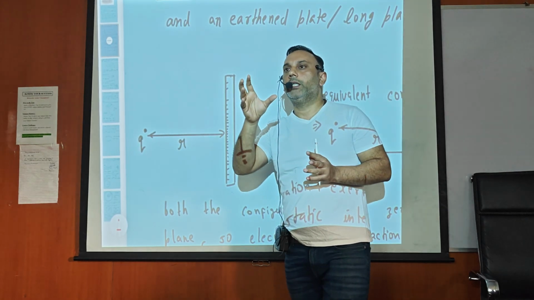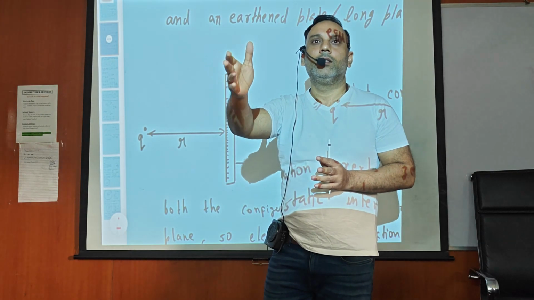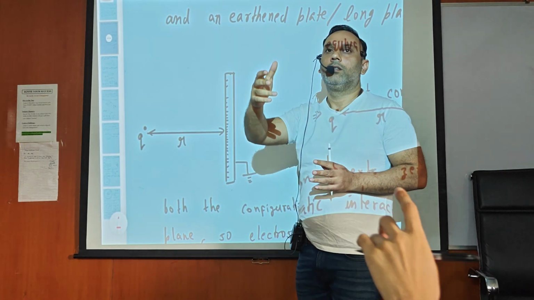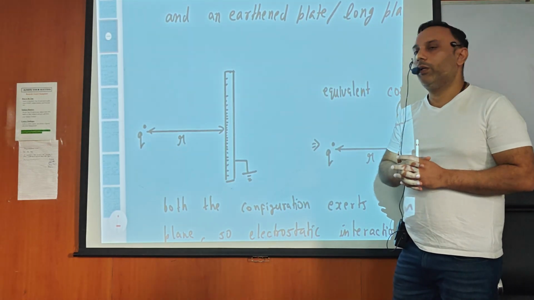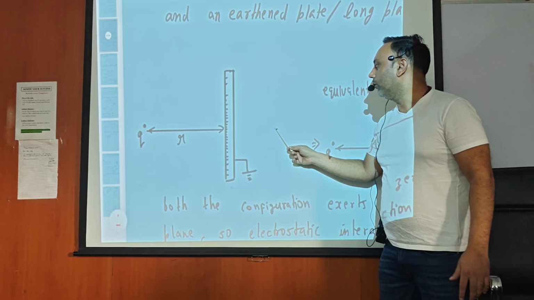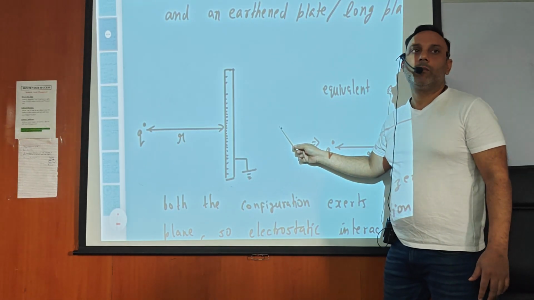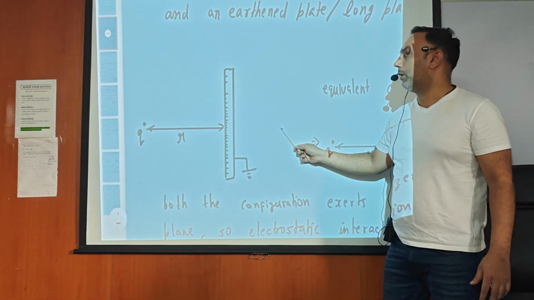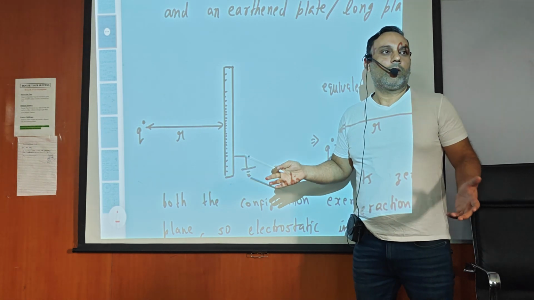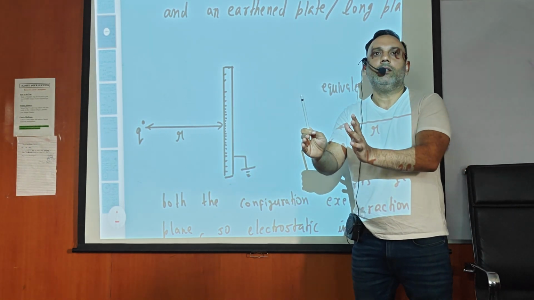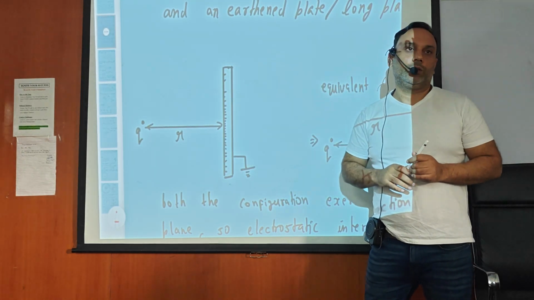For what other configuration can we obtain a plane with zero potential? Two point charges, with the plane between them. So if you place a charge Q at distance r and minus Q at distance r, then the potential produced by these two point charges on the same plane is zero. Now, if the potential satisfies the boundary condition, then the electric field also must satisfy the boundary condition.